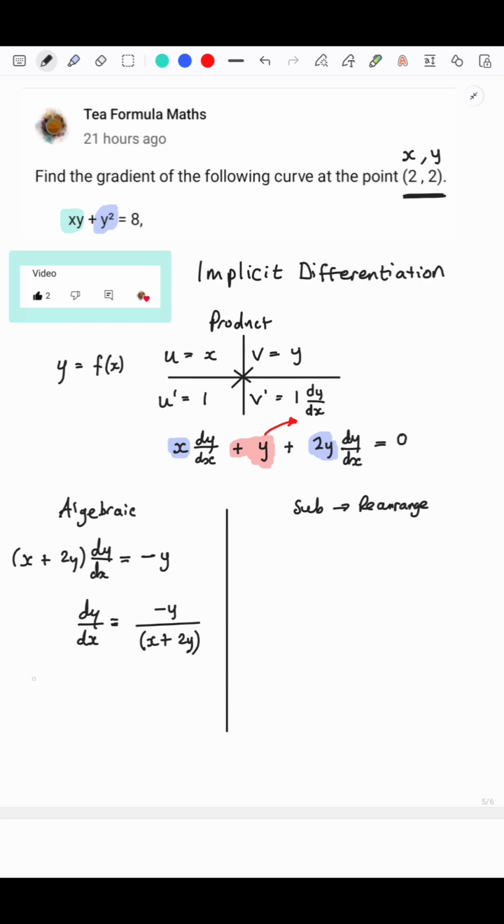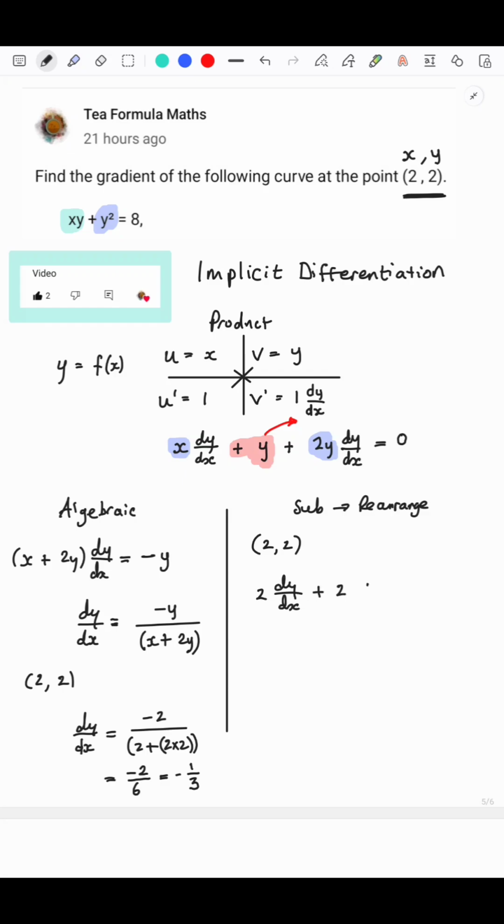Now at this stage, obviously, we've got our coordinate, which is 2, 2. So dy dx is equal to negative 2 all over 2 plus 2 times 2, which as you can see is negative 2 over 6, which simplifies to negative 1/3. Obviously that's your answer, but you'll notice that if you're not a fan of algebra, you don't necessarily have to be rearranging it to find the answer, and you can reduce the amount of algebraic manipulation by substituting in straight away. So remembering that you have the point 2, 2, that will be 2 dy dx plus 2 plus 4